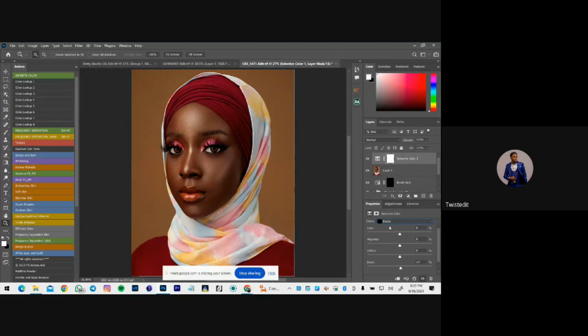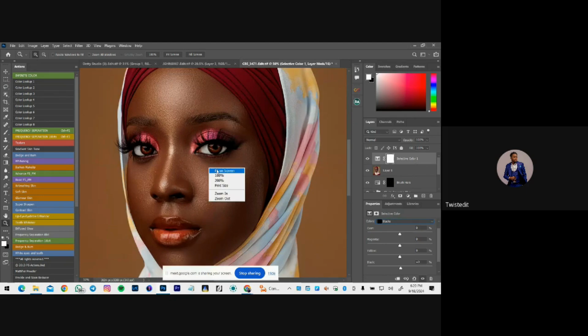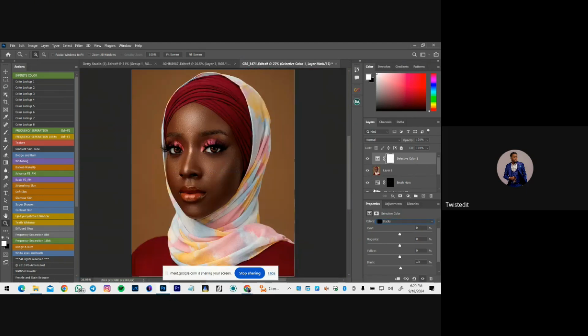I think this is good. Yeah, so the next thing I do, this is good. I can deliver this picture to my clients, but there's still another tool I use to create mood in images, and that is